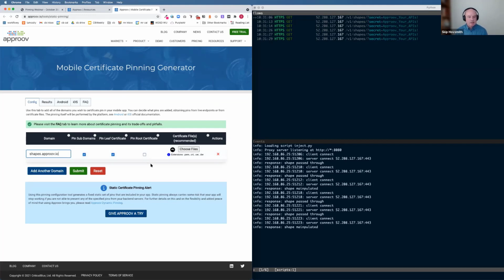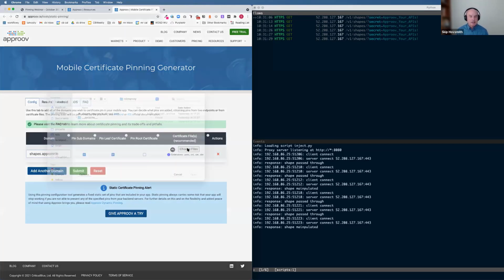It's a simple service. So if this certificate were, say, to expire, and you don't have another certificate in your system, then your device is no longer going to accept connections, even to your valid shape server, because it no longer has a certificate that you recognize. So it's very important to always add a backup pin into your system. So usually we'll have generated a set of certificates. You'll have received PEM files when you generate them.